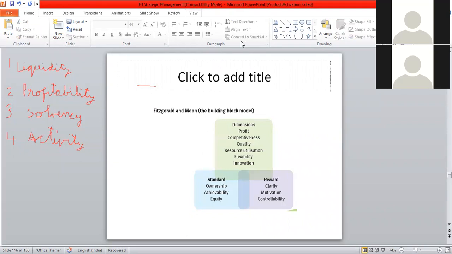We've learned about Fitzgerald and Moon's building block model, where there are three building blocks, and they are discussed. The first one says that there are 6 dimensions which have to be looked into. The first 2 dimensions are about past performance. The other 4 are about expected performance in the future. Then there are standards, which should be set as easily achievable standards. Achievability is a criterion. Then ownership,